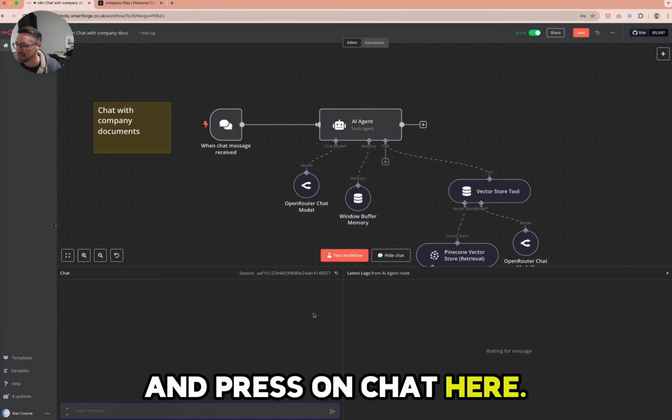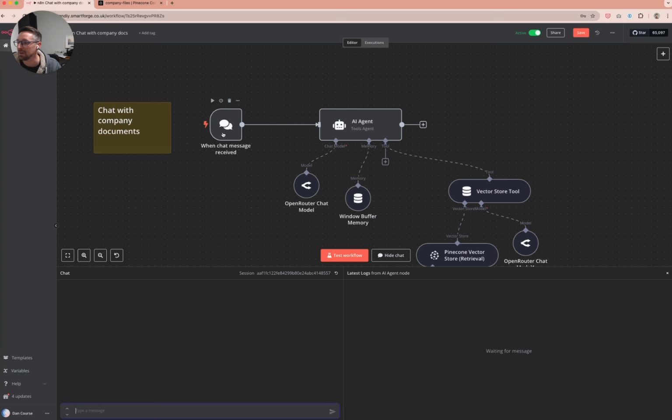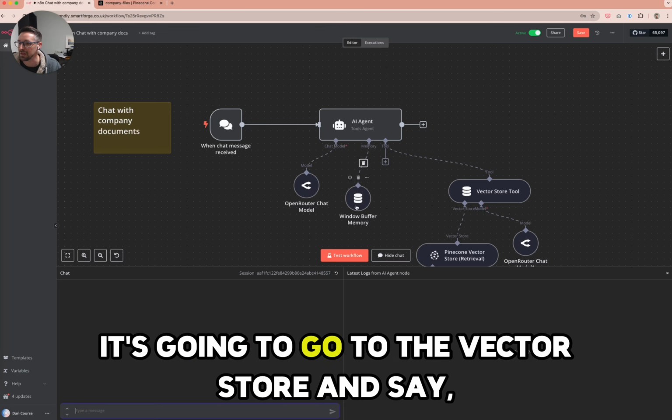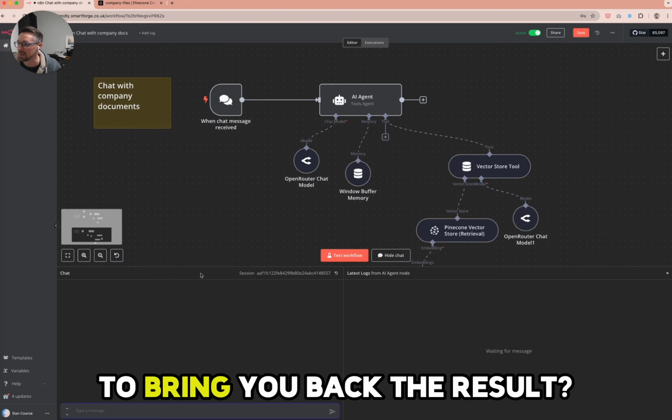Press on chat here. Now this chat window is going to directly trigger this flow. It takes a message, goes to the vector store and says, do we have this kind of information? It uses AI to bring you back the result. So,